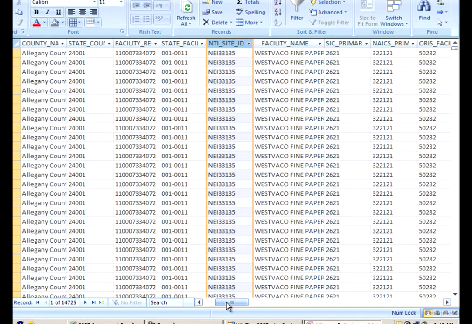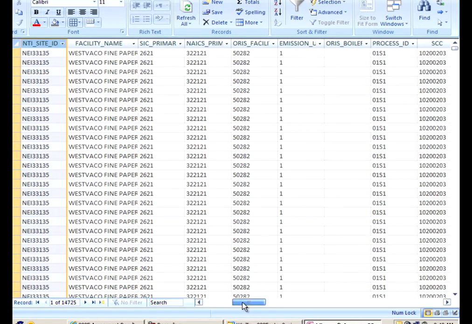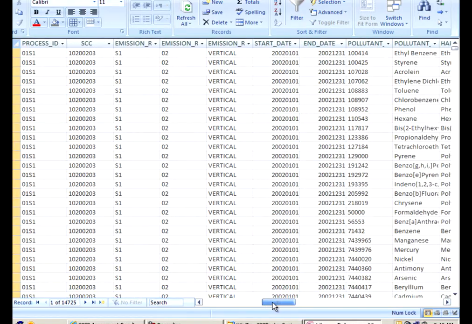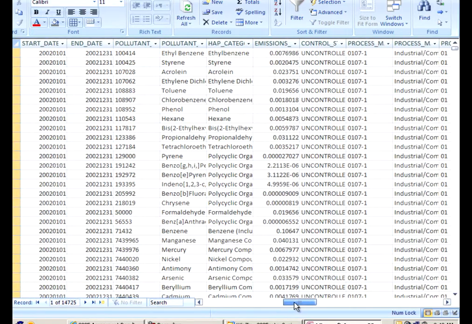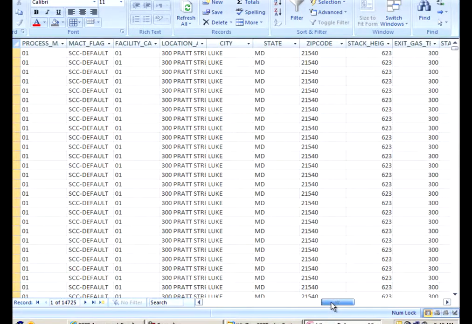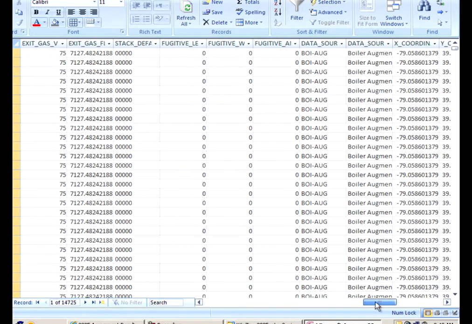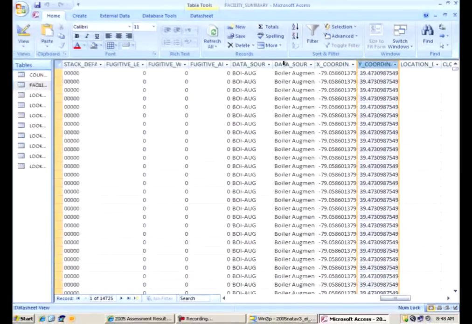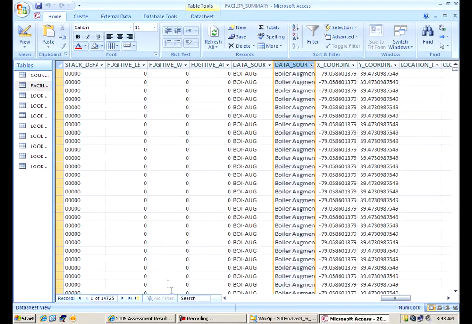As I said, there's pollutant, there's emissions information, if there's any control equipment at the facility, stack parameters, the physical location, latitude, longitude, where it might be, and what that particular source might be. Is it a boiler? Is it a wastewater pond, or whatever that might be? All that information is right here in the